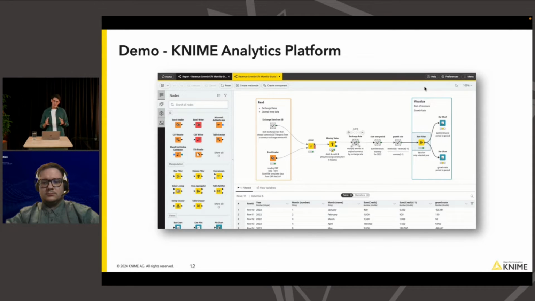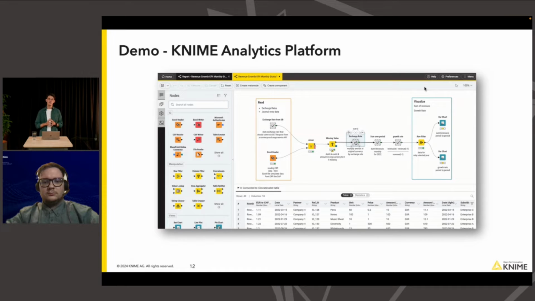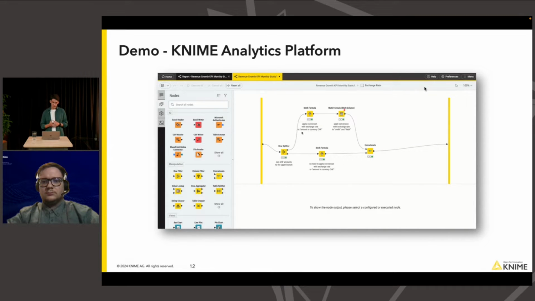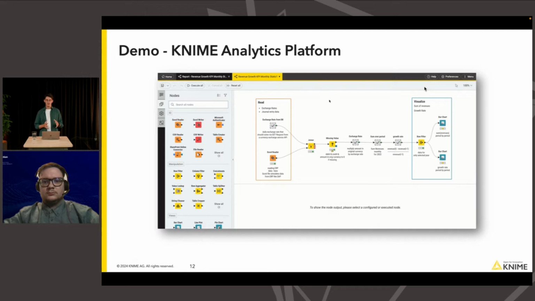The purpose of these is to hide complexity and clean up your workflow. If you double click them, you can still go inside and edit any of the nodes there. Here's a quick example of some annotations with some color boxes and comments where you can document your workflows in KNIME. You can go over to the node repository, drag and drop your nodes into your workflow editor from there,